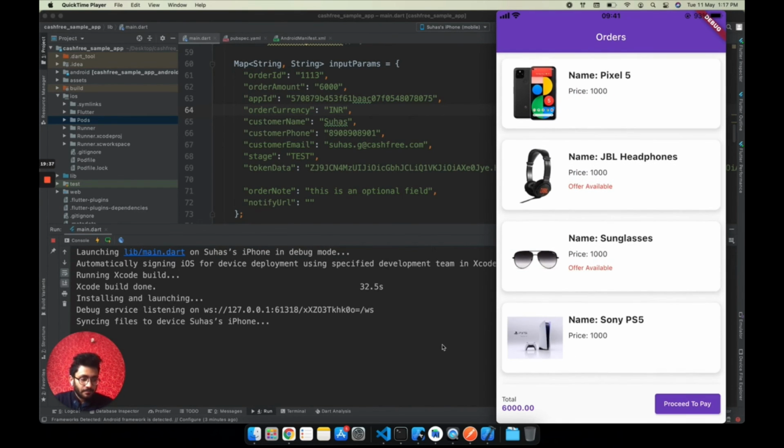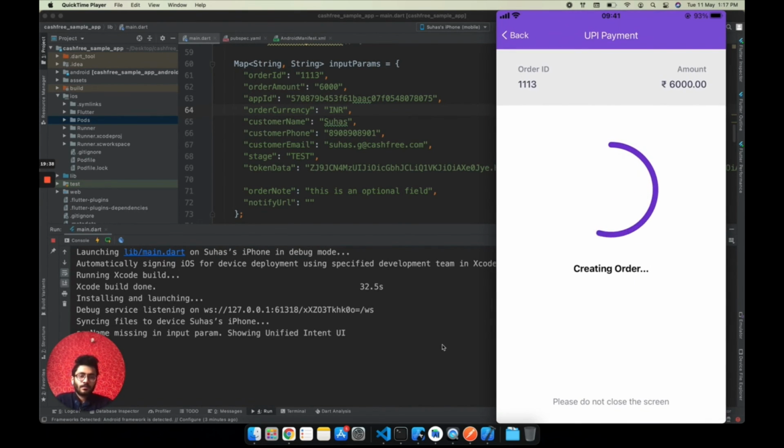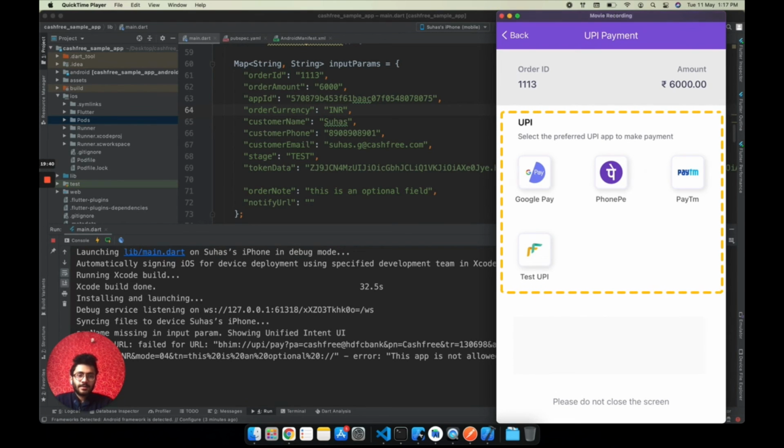So this is the UI provided by Cashfree for the UPI intent payment method. Since this is a test environment, I will be making use of this test UPI. I have all these apps installed: Google Pay, PhonePe, Paytm, so hence they are being shown. If you don't have any of these installed in your phone, it will not be shown here.